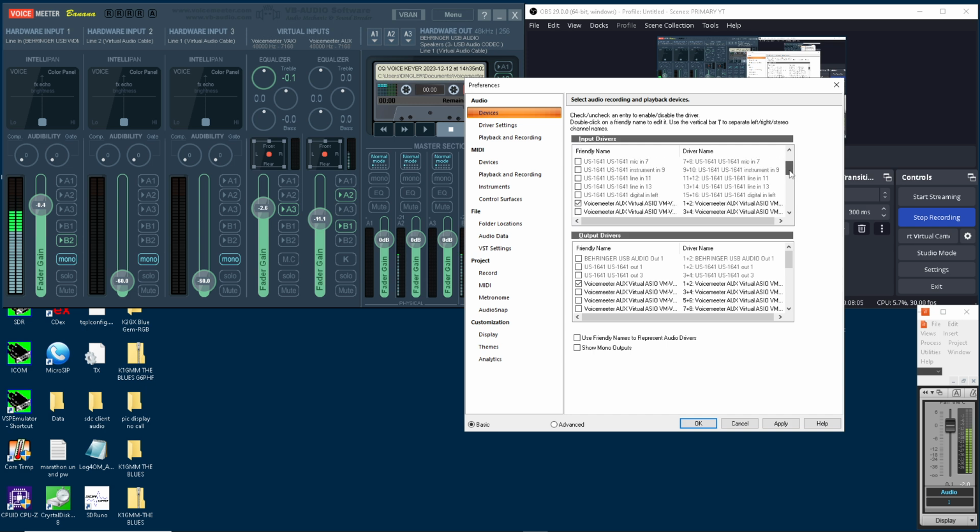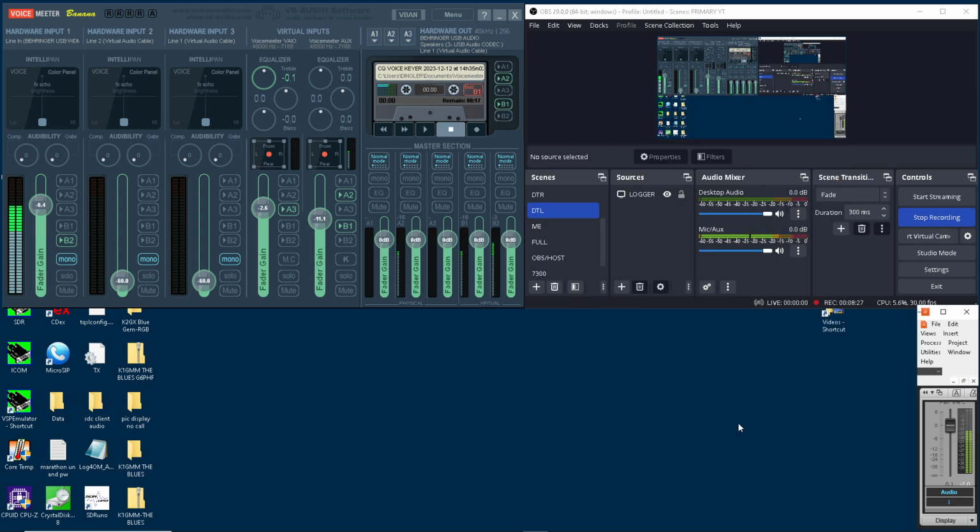Ignore the selections I have because I have a lot of crap that I plug in and out here. You're going to want to select VoiceMeeter Aux Virtual ASIO VM-V 1 and 2. Only this checkbox for now. Just this checkbox on the input, same checkbox on the output. Once you do that, click Apply. Okay, done. At that point, when you talk into the microphone, you should see the meter light up in the DAW,